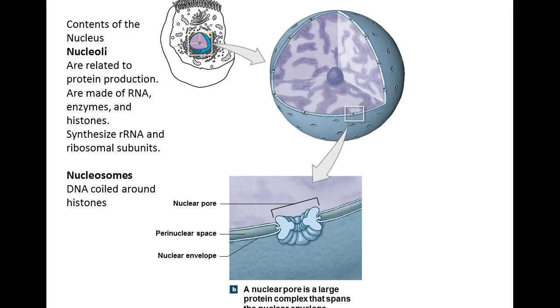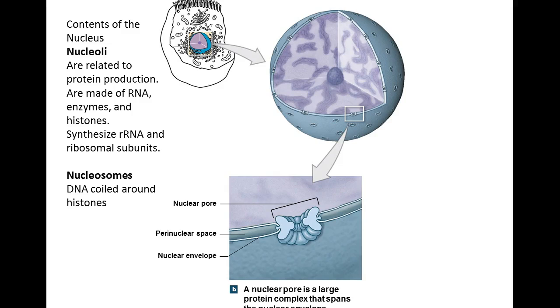Again, the nucleoli, which in the other slide we call the nucleolus, because whether you're talking about plural or singular. As I said, this is where you have the making of RNA,